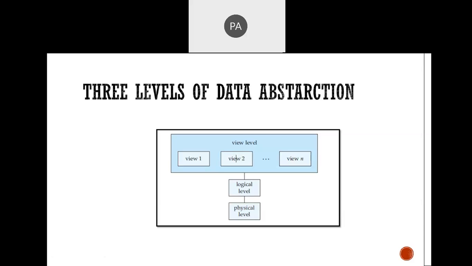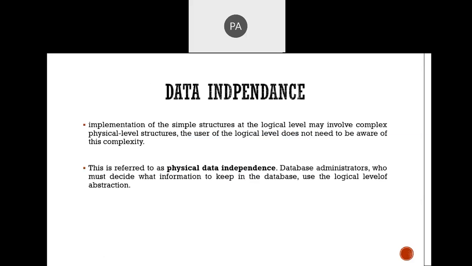Once we have done that, then the logical level is available. In the logical level, we need to mention the relationship. Once we have done the schema and relationship, after that we can view that data. So this is about data abstraction, the three levels of data abstraction, and I hope you get the idea. If you have any doubts, let me know. We'll discuss these three points. Otherwise, we'll continue with the next lecture. Does anyone have a query?